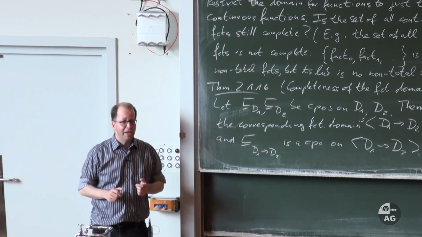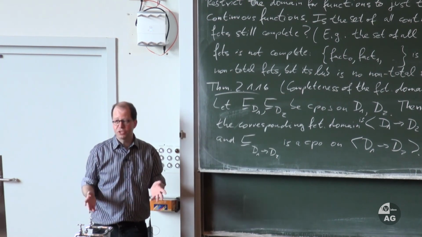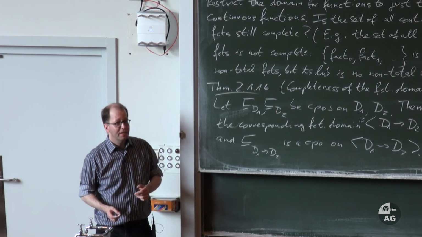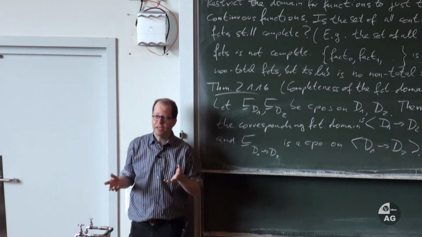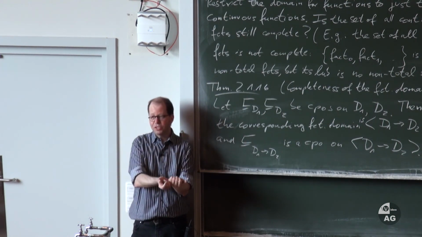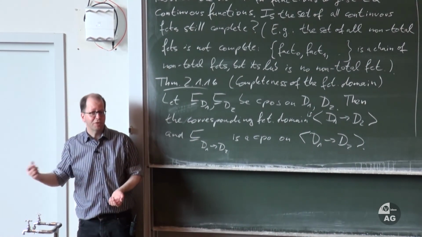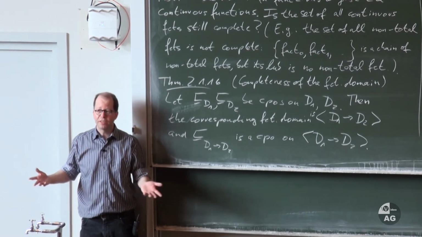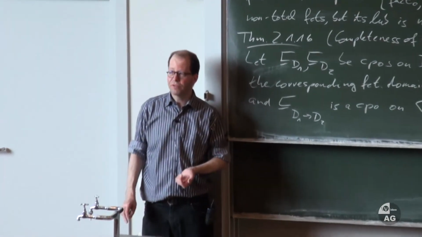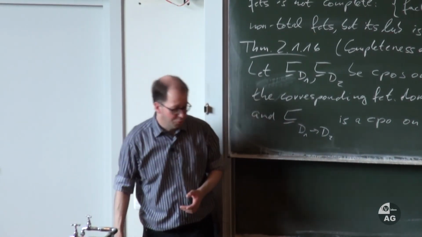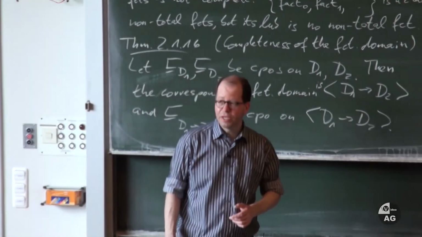And why this is useful, that we look just at the continuous functions, we will see in the next section, because then we will really define how to get from a Haskell expression, like a definition of factorial, to these functions, fact0, fact1, fact2, and then we can define the semantics of factorial as the least upper bound of this chain. And this will have something to do with the notion of fixed points, and we will do that on